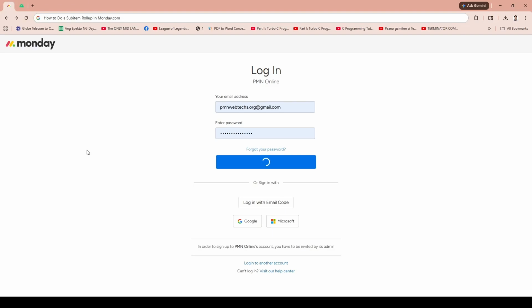Hello everyone! In this tutorial, we will learn how to do a subitem rollup in Monday.com. If you've ever found yourself overwhelmed by the sheer amount of data and subitems scattered across your boards, then this feature will be a game changer for you. We're going to guide you through the process of consolidating subitems into a single comprehensive view, making your project management smoother and more efficient. So let's jump right in and explore how to master this handy feature on Monday.com with